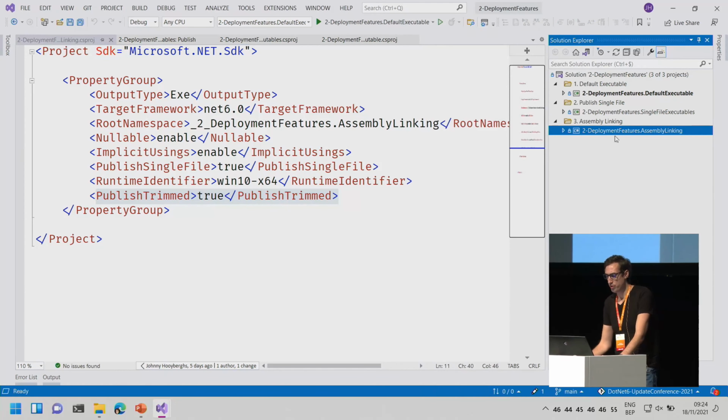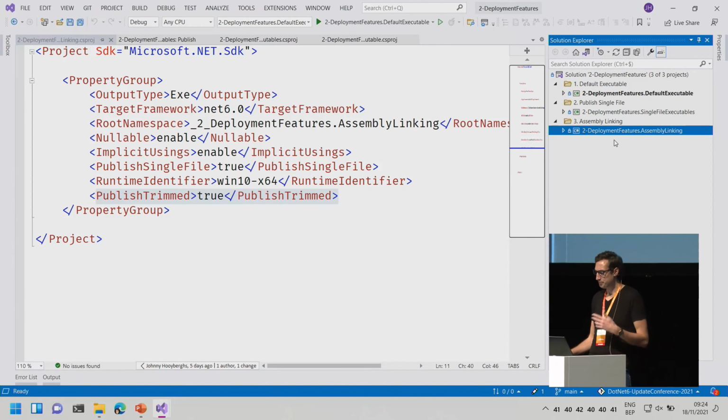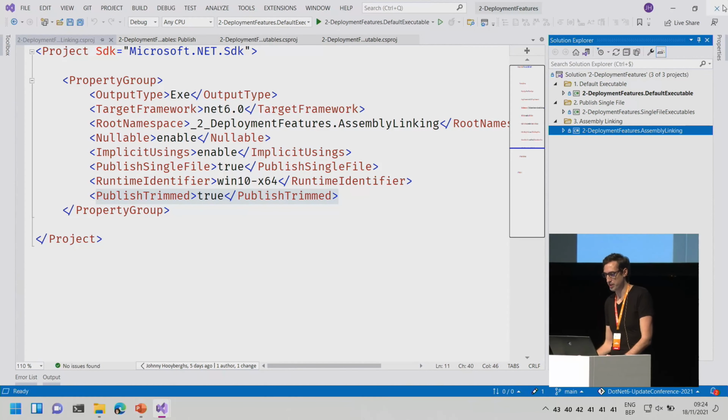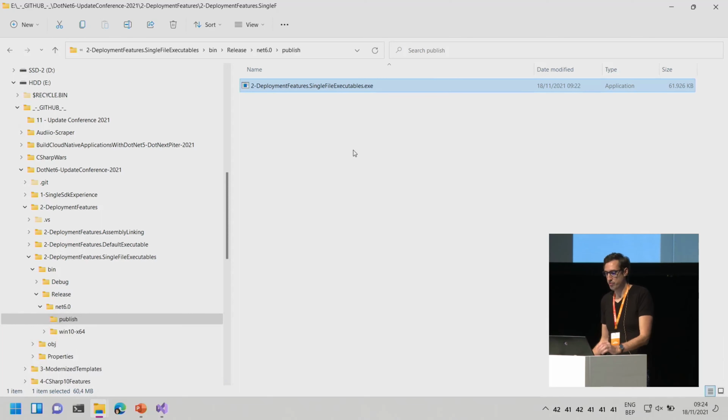I'm not going to show you for time purposes, but if I compile this, it will be around 15 to 20 megabytes in size, which is better than 60, but it's still a lot. But of course, we still have the runtime, we still have the just-in-time compiler, but it is a powerful feature if you like to do stuff like that. Of course, when we are just deploying stuff to servers and nobody sees, it doesn't matter that we are deploying 400 files, 100 megabytes, but the option for us is there to use these kinds of things.